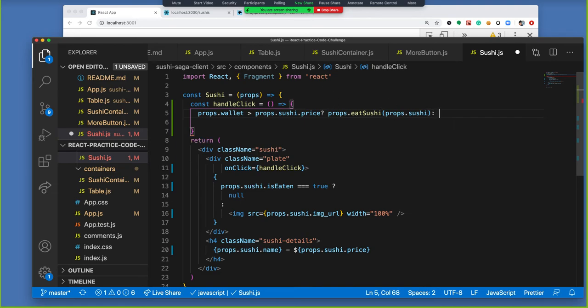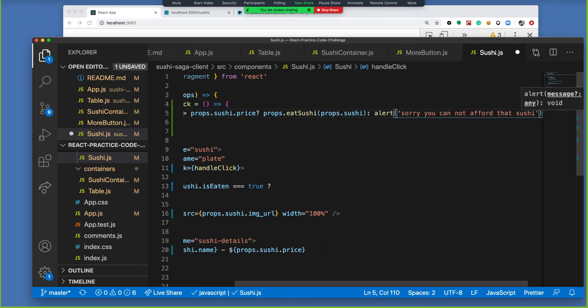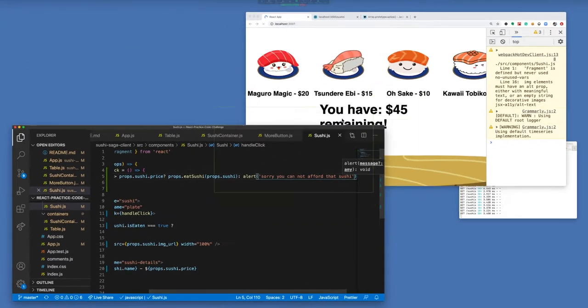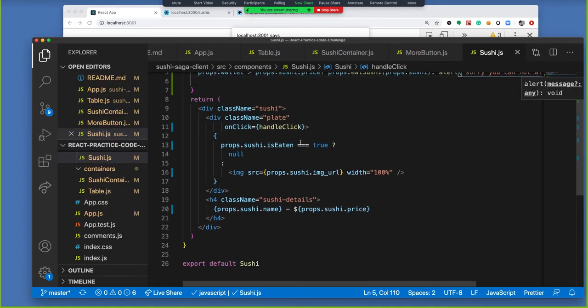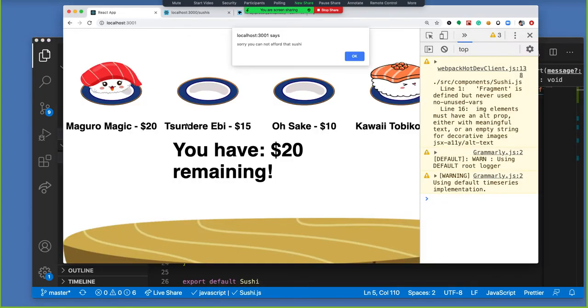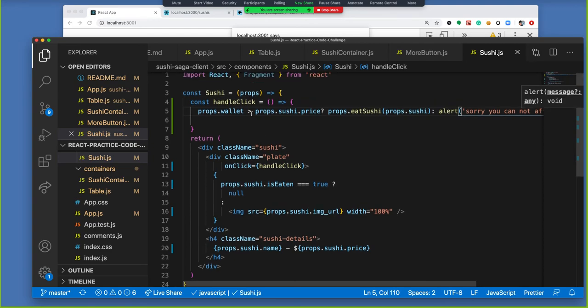Else, I'm going to send an alert that says, sorry, you cannot afford that sushi. Okay. I cannot afford the sushi. Well, technically I can afford the sushi, I just will be out of money, but,